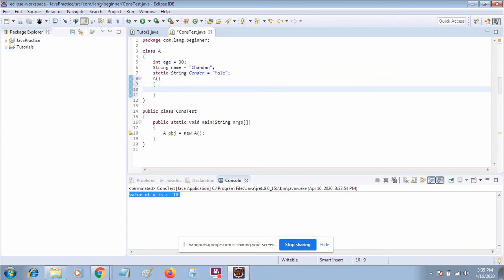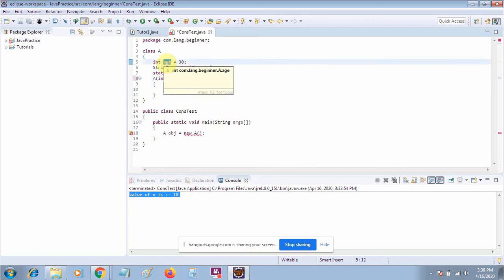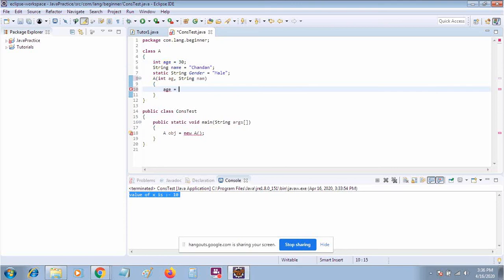Okay, and it will accept two arguments, like int age comma String name. Okay, so we can say that whatever age is here, let me make it a little bit different, ag, whatever age is here, it will become equal to ag.